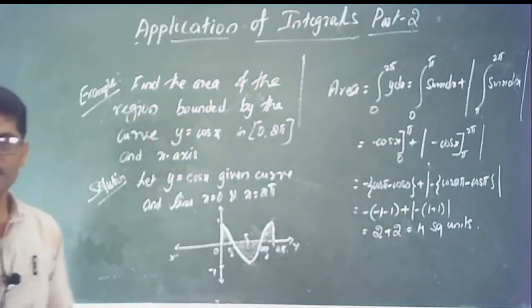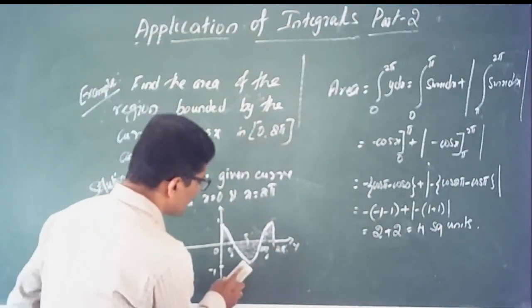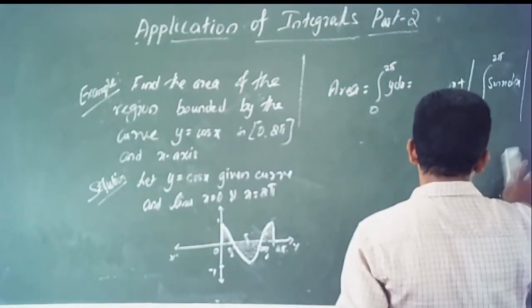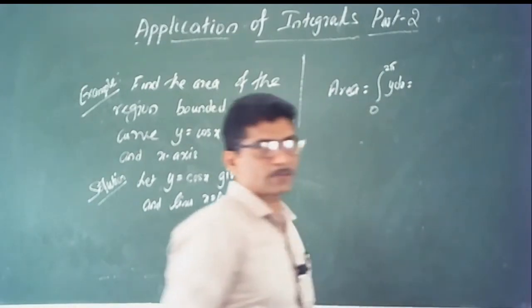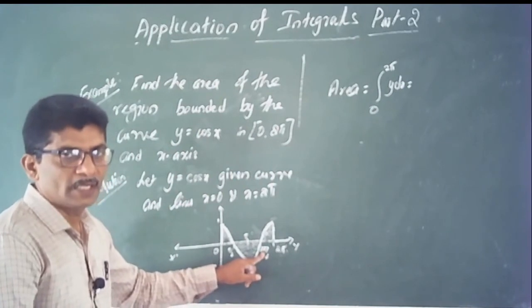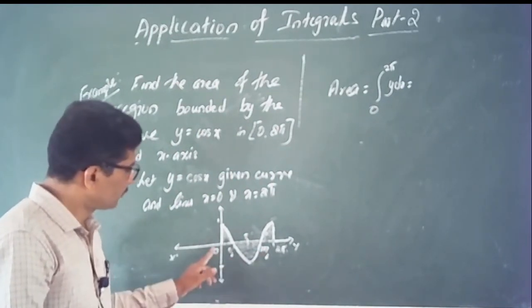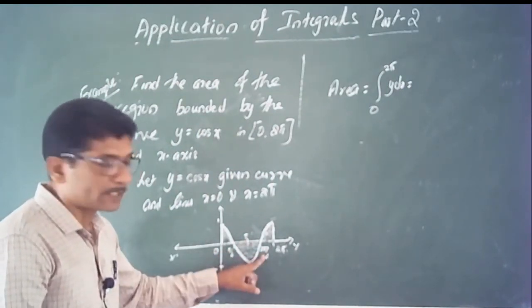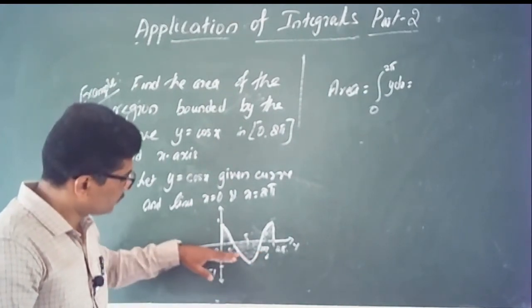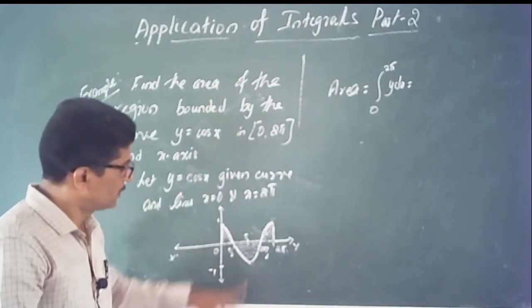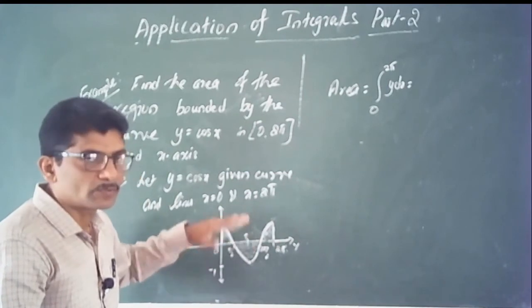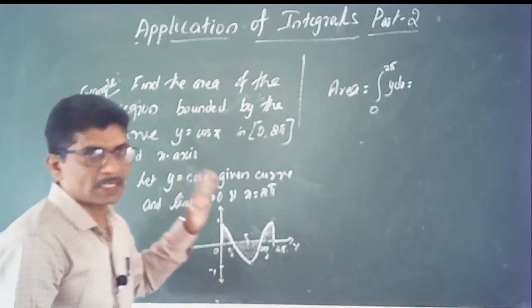Yes? If you are silent, write the required area. The required area integral forms. Here we split the integrals. We have to split where the curve intersects the axis, at the points x equal to pi by 2 and 3 pi by 2. So there are 3 sub intervals: 0 to pi by 2, pi by 2 to 3 pi by 2, 3 pi by 2 to 2 pi. But here you know that 0 to pi by 2 is above the x-axis, 3 pi by 2 to 2 pi is above the x-axis, but pi by 2 to 3 pi by 2 is below the x-axis. So what do we do?